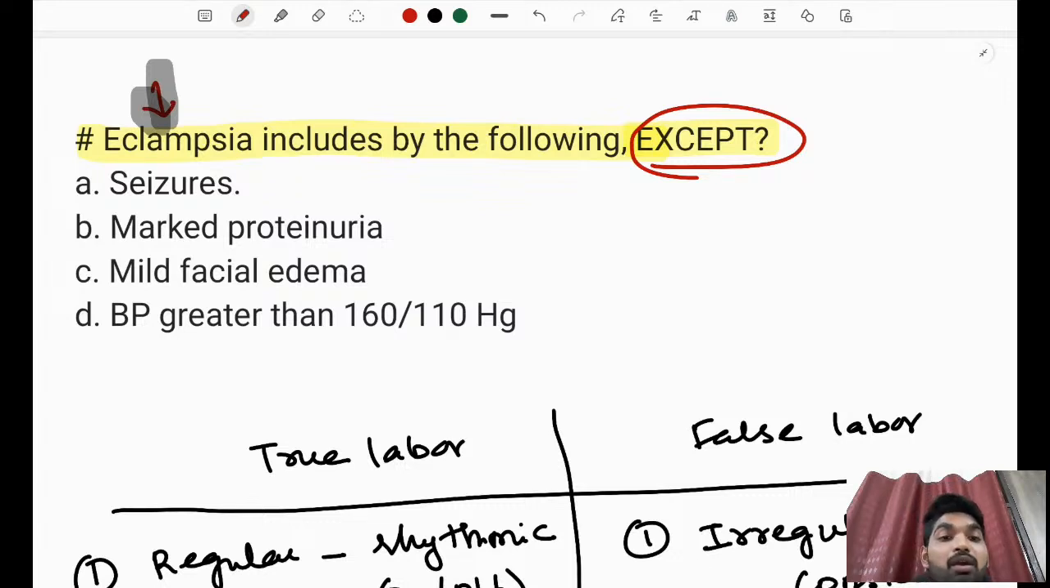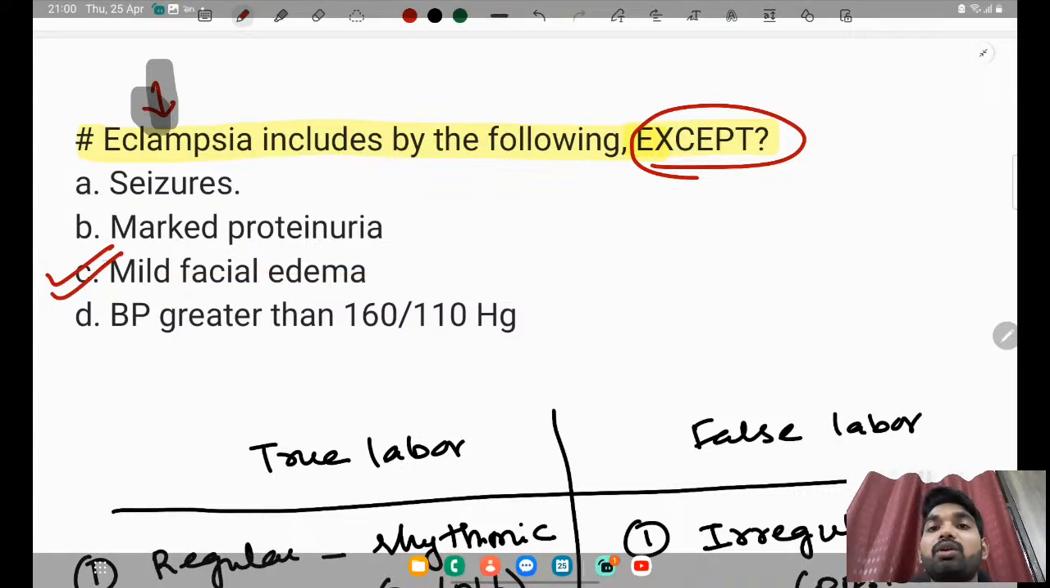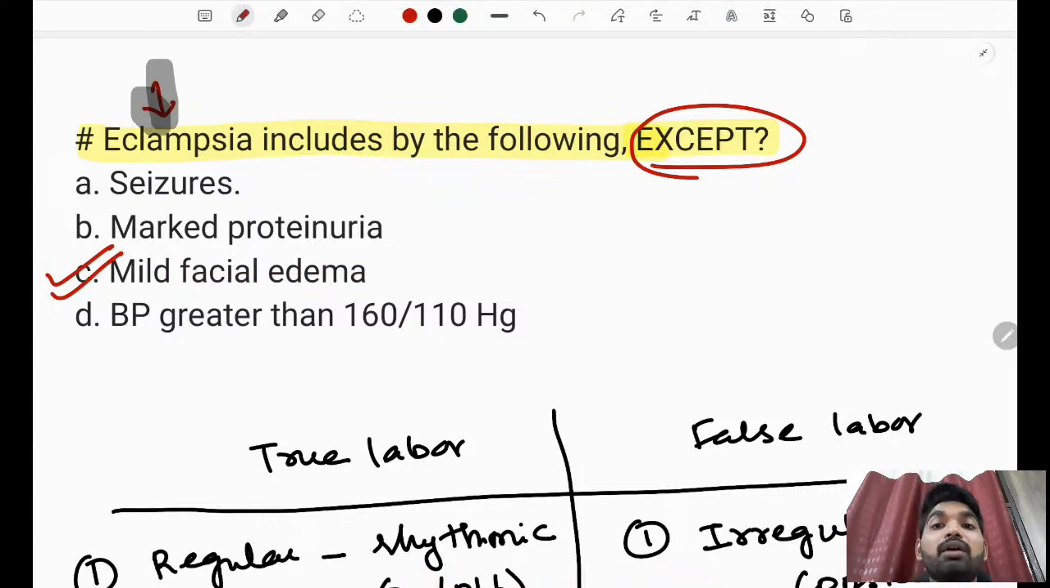Okay, option, eclampsia does not include... yes, those who have answered it as option C, you people are right. I've already told you, right? Yes, eclampsia, if a PIH case develops, for example, if there is a pre-eclampsia case,